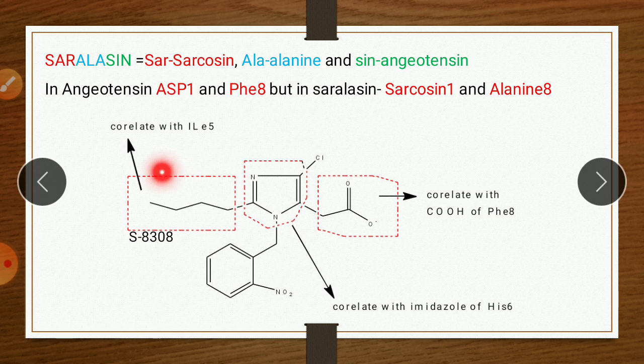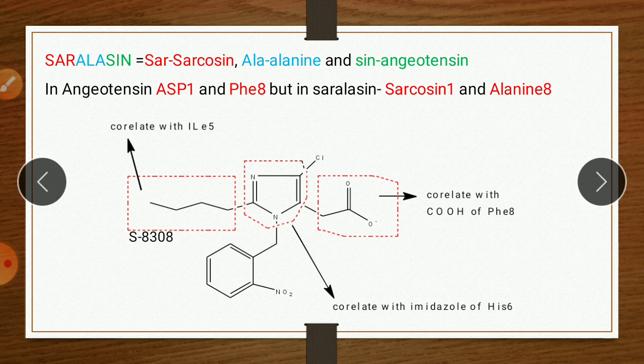So the first compound developed as an angiotensin II receptor blocker is S8308. This compound was utilized for study purposes, and by computerized technique it was overlapped with angiotensin II, which is an octapeptide, and it is found that there are three binding sites